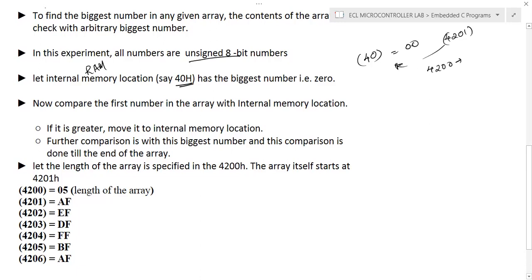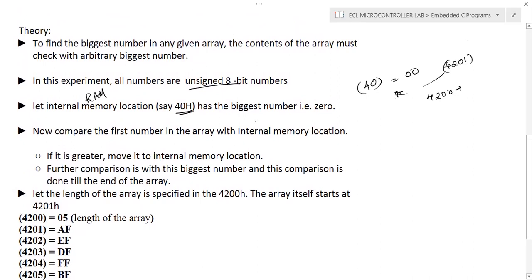First we will discuss with 00, that is, we will assume that the largest number is 00. From this point onwards, we will compare. We'll take the content of 40H and compare it with the first location, that is 4201H. If the value in 4201H is greater, we will load that value into 40H.